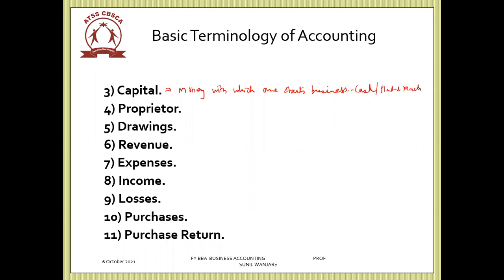Let me support this with an example. There is one Mr. X who has a very good location for a business, and there is one Mr. Y who is a very good mechanic. Mr. X is ready to offer his location to start a garage with Mr. Y, so Mr. Y will give money, and Mr. X has offered his land, that location, for the business. So Mr. X's contribution is the land.